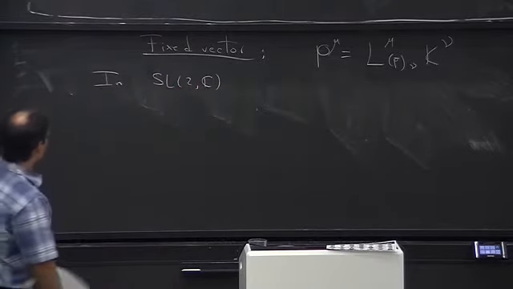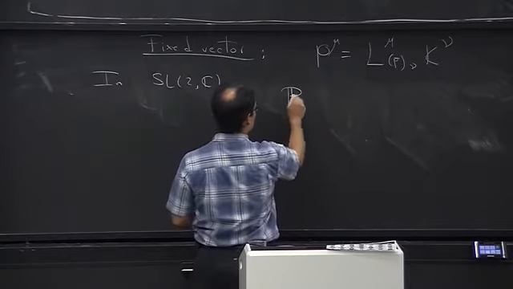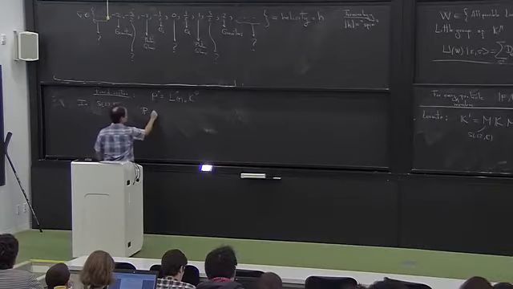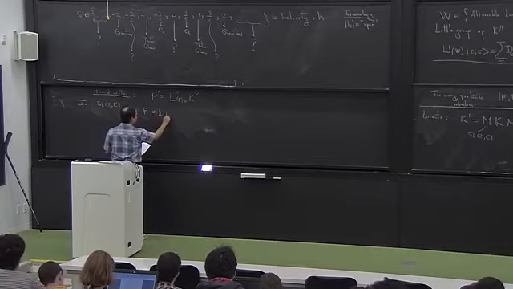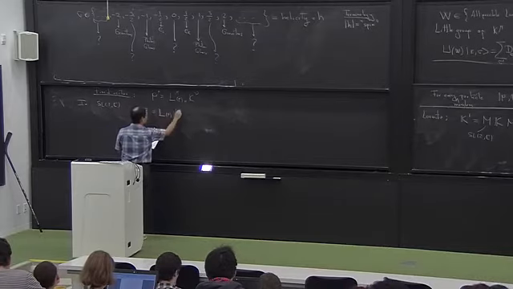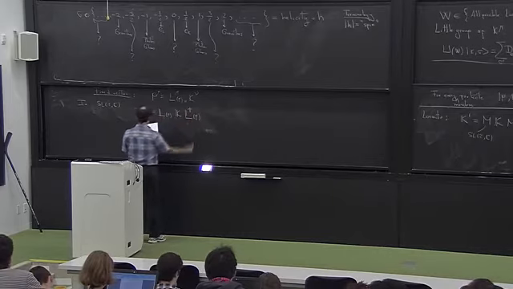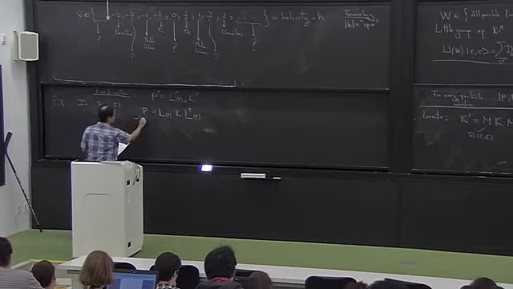So as 2x2 matrices on which SL2C can act, we can define our matrix P associated to this. And this Lorentz transformation would then correspond to some Lorentz transformation acting on our vector K. Okay. Now this guy